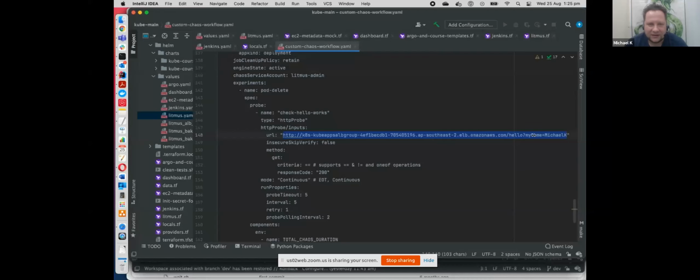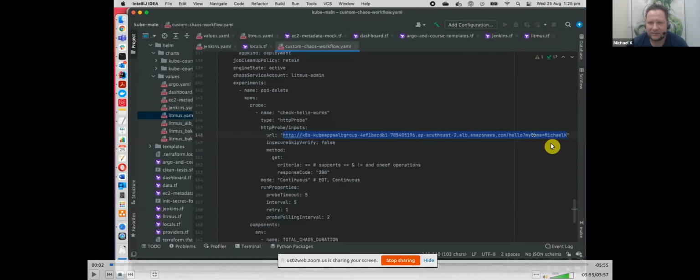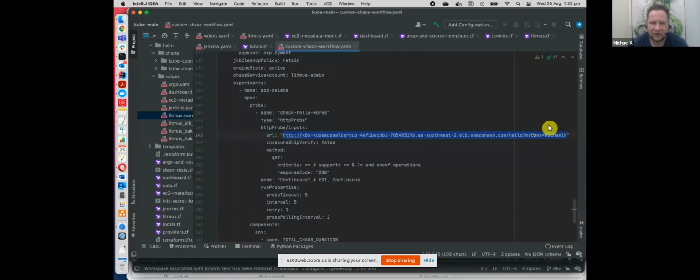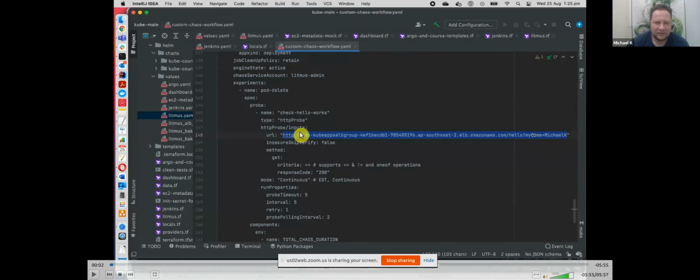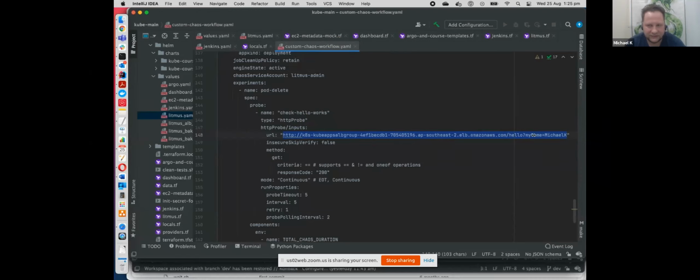So I have a basic microservice, where you send some name, and it replies hello and this name. That's it. Very simple. So I will first show that this service is alive, and I will show that I have one pod of this microservice, and then I will run